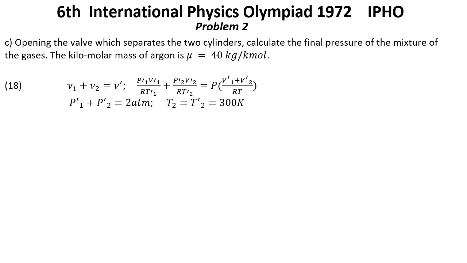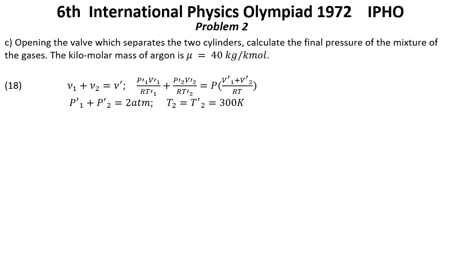It means that P prime 1 V prime 1 over R T prime 1 plus P prime 2 V prime 2 over R T prime 2 equal P multiplied by V prime 1 plus V prime 2 over RT. Here we have P prime 1 plus P prime 2 equal 2 atmospheres, and T2 equal T prime 2 equal